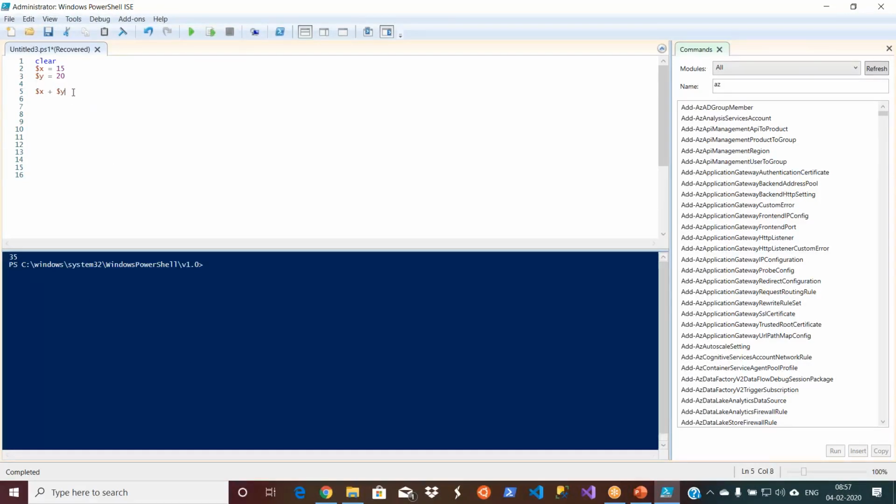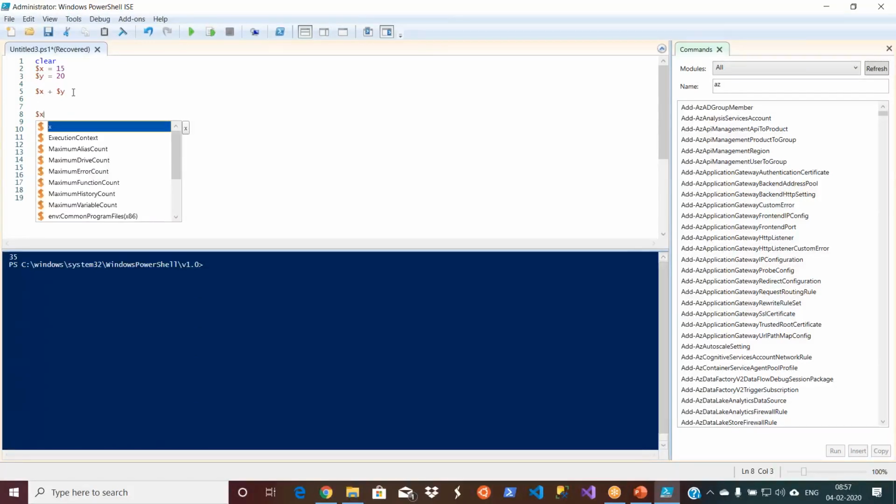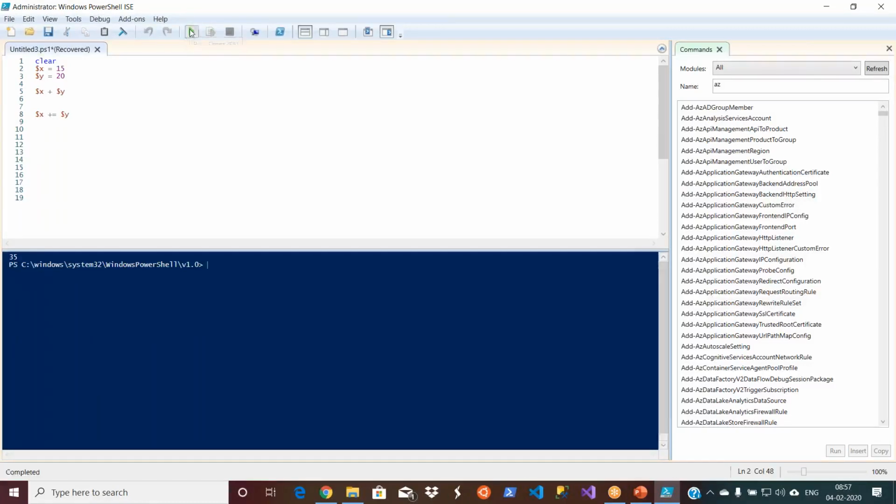There is another way of doing this as well: $x plus equal to $y. This is also another way. Let's see whether it allows it or not. Always keep your code readable. Okay, let's go and execute this.